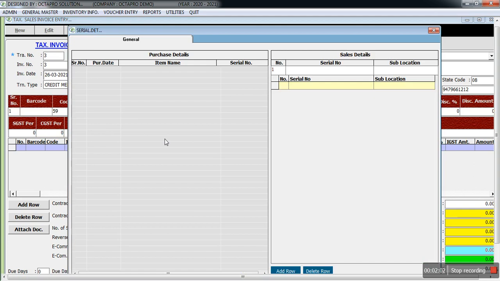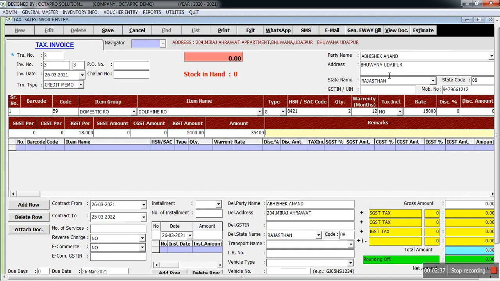As soon as you reach the remarks, it will automatically pop up a form to enter a serial number. So here we can enter a serial number. Next is the sublocation, as we also discussed in the AMC entry. If you wish, we can enter a sublocation here, like we are making it in an account department. So we are done with the serial details. Now if you want to add some remarks here, then we can add them here. If not, then press enter.